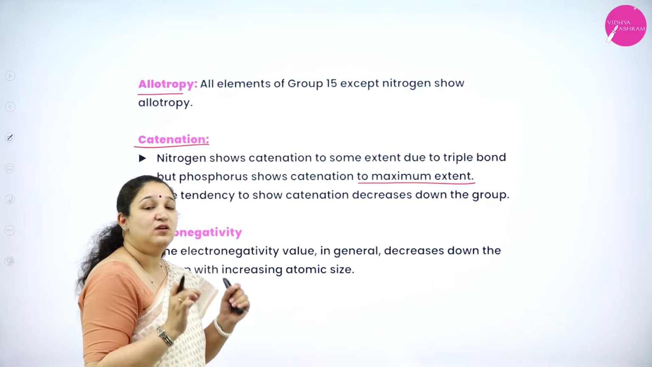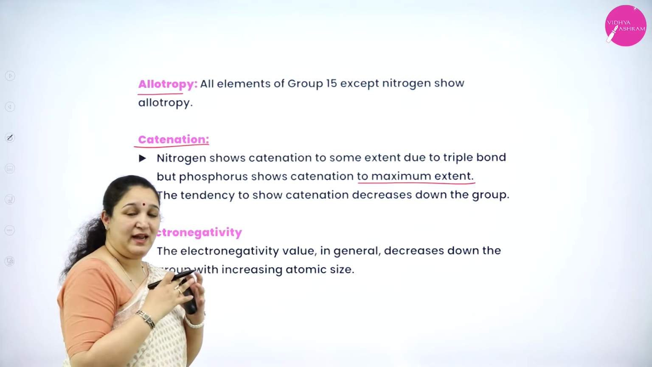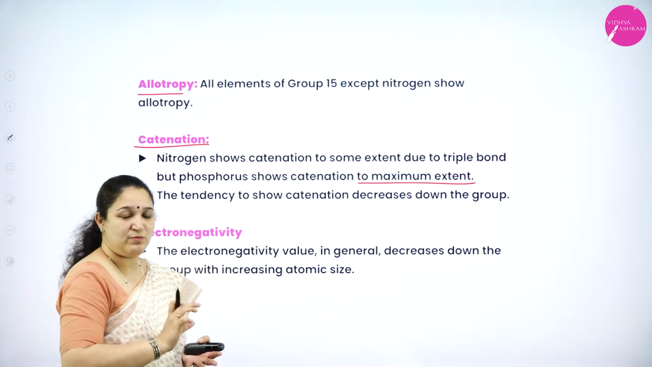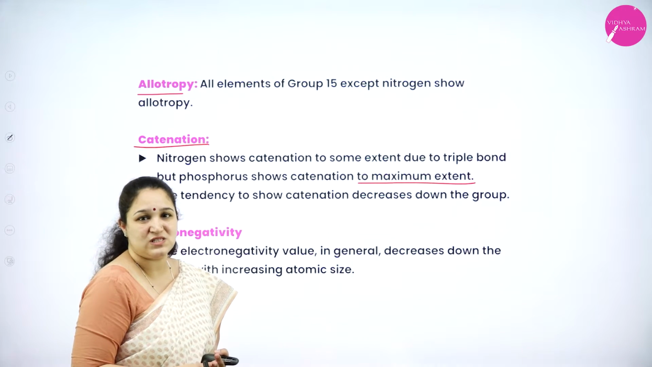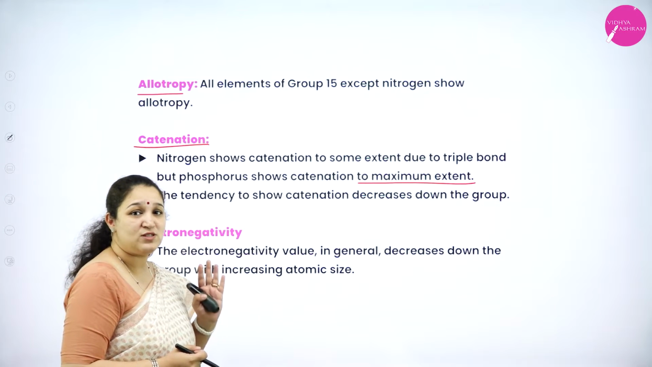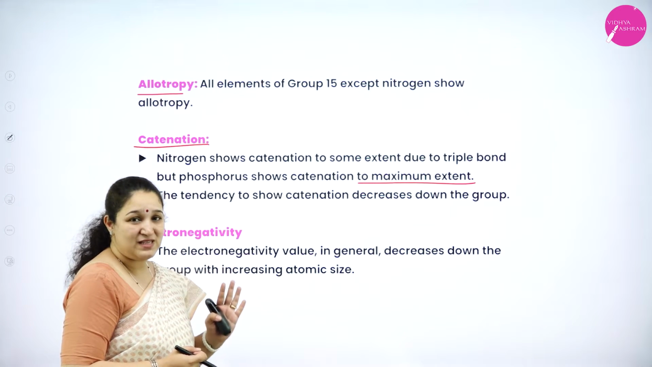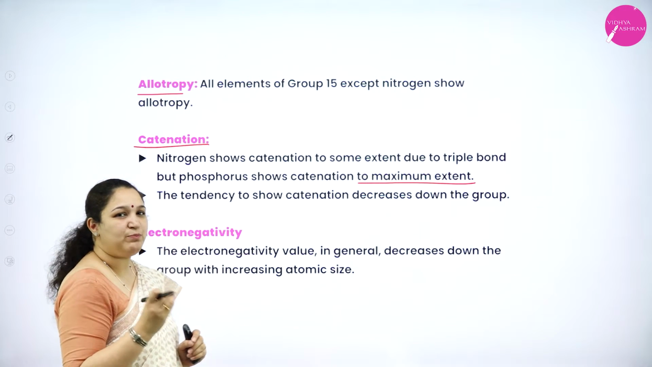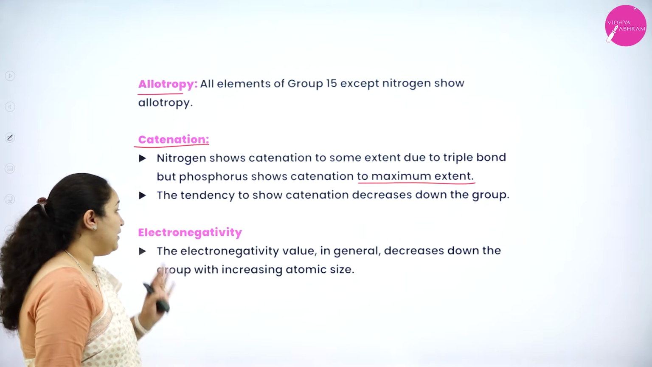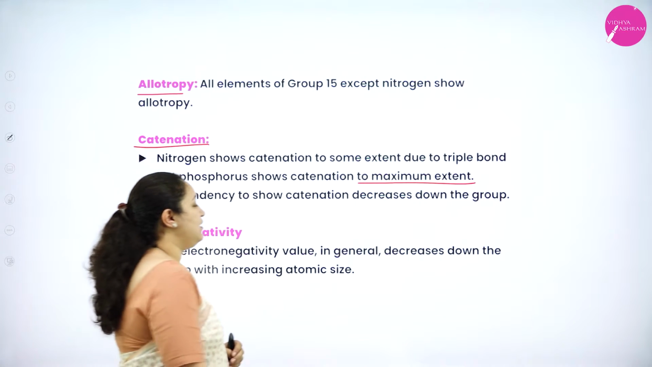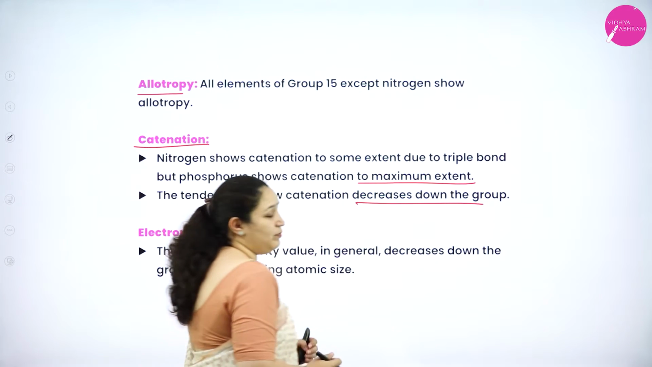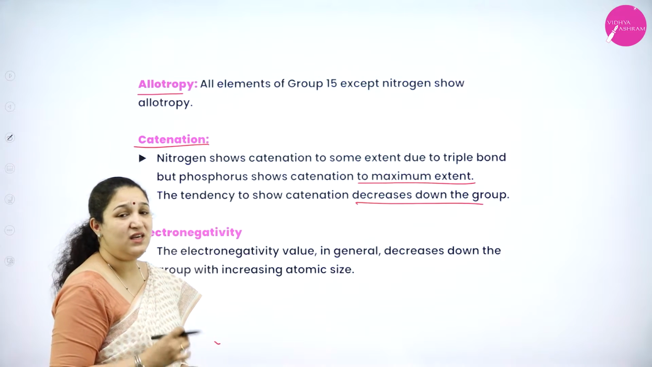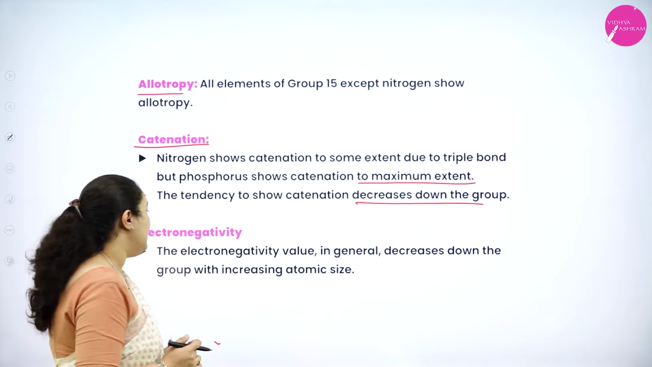Highest catenation ability is for carbon in the entire periodic table if you take, because they can form bond with themselves. Carbon-carbon bond, we have so many compounds, isn't it? But in group 15, maximum extent of catenation is shown by phosphorus. Okay, nitrogen up to a certain extent it can show. The tendency of catenation decreases down the group. So, as we come down the group, catenation tendency decreases. Okay. Next property is